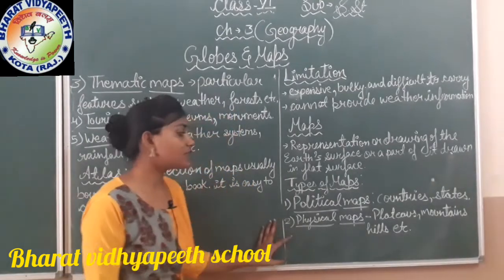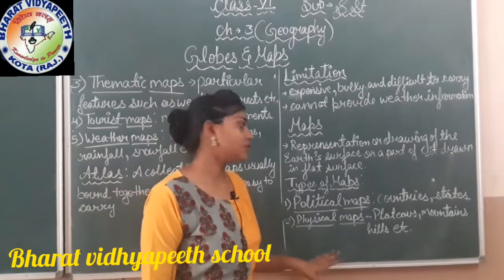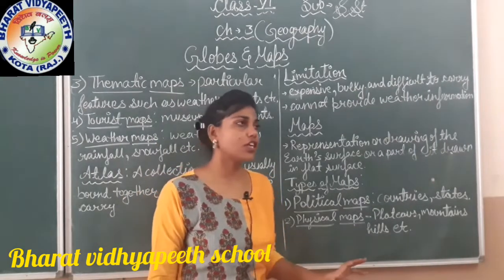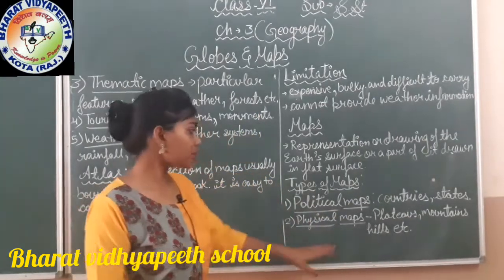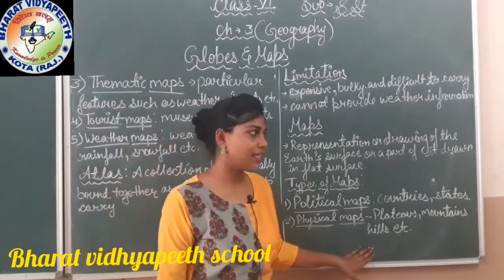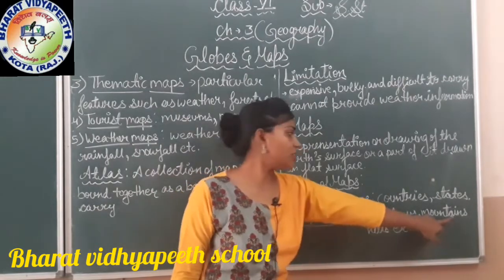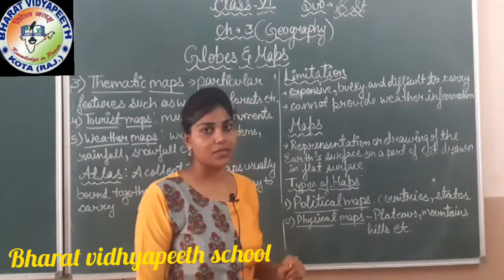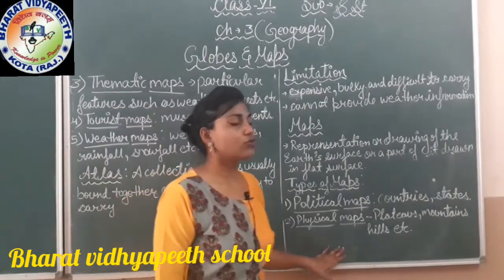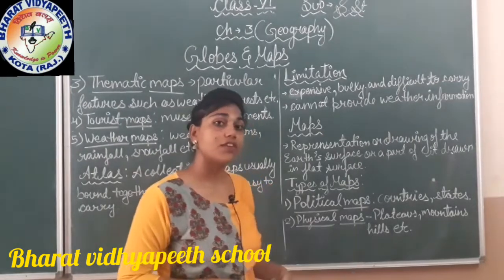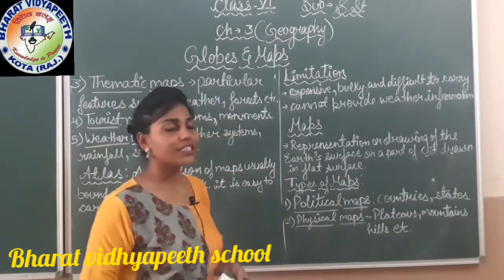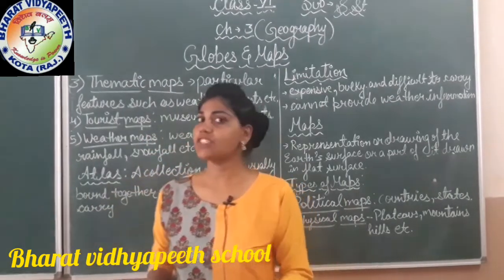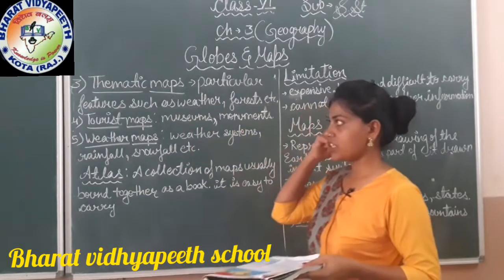Other than that, second is the physical map. A physical map tells about the physical features and the physical structure of an area or a country. This mainly tells about the geographical areas, like where the plateaus are located, where the mountains, the hills and the different rivers are present on the earth. This map shows the different geographical features of a country or a state. That type of information we get from our physical map. Other than the physical map, there are 5 types of maps.